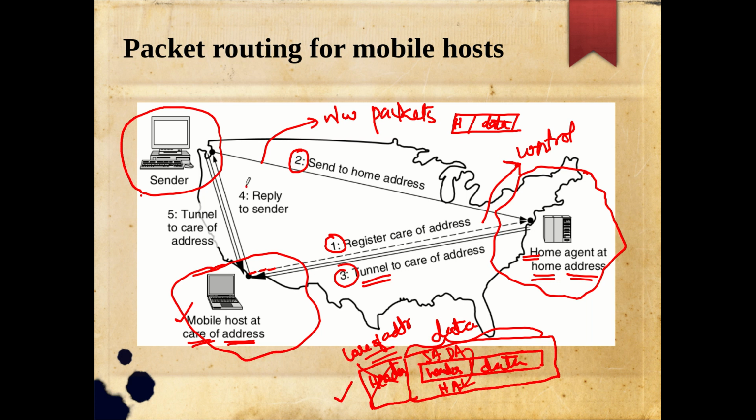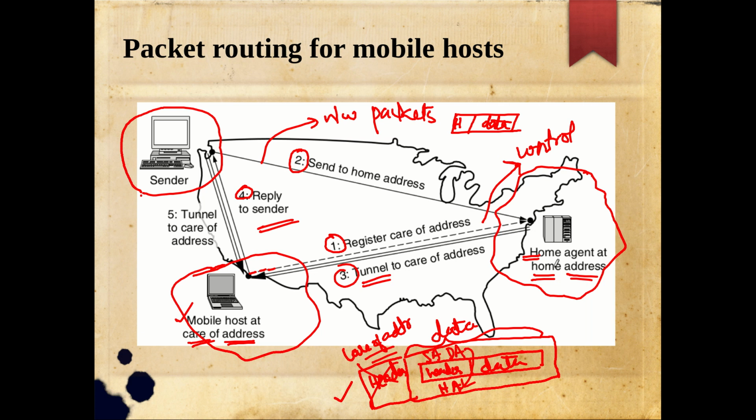Now the fourth step is the mobile host trying to reply directly to the sender with the normal packet only. Why is it a normal packet? Because the mobile host now knows the actual address of the sender. Whenever a packet is sent by the sender, it is tunneled, and that tunnel, or wrapping, is unwrapped, and at that time it gets the original message communicated by the sender. From that original message it takes the header part, and in that header there will be a source address and a destination address.